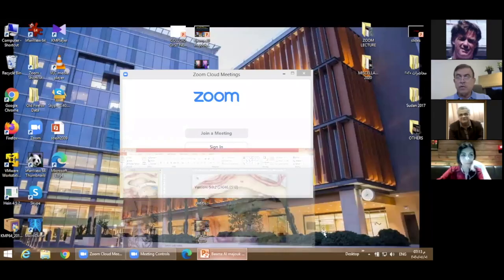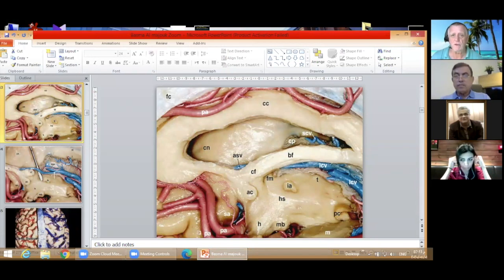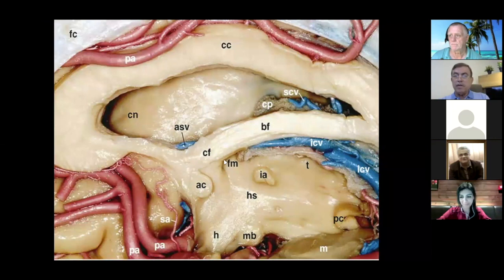Okay, which slide is it, this last slide, or should I? Yeah, wherever you left off. Okay, you stopped at the fornix. This is the body of the